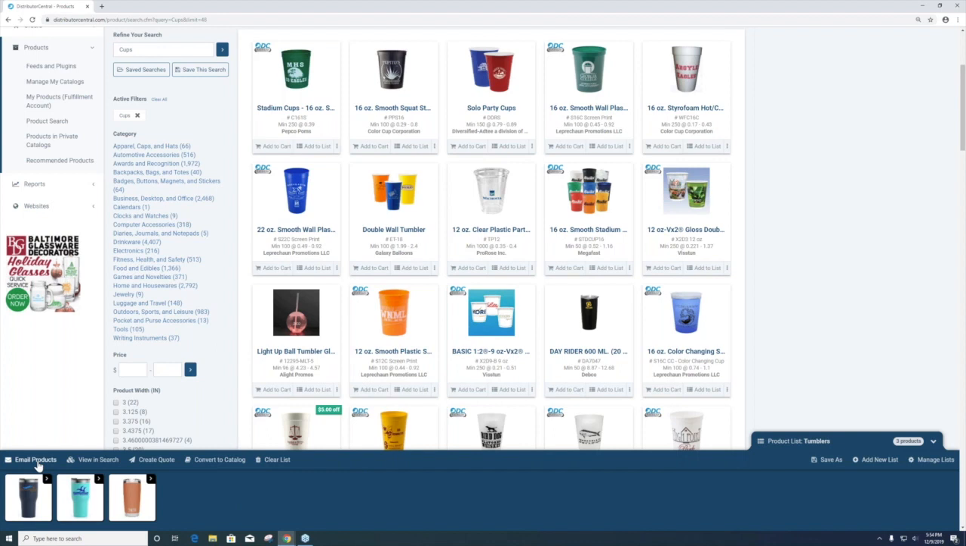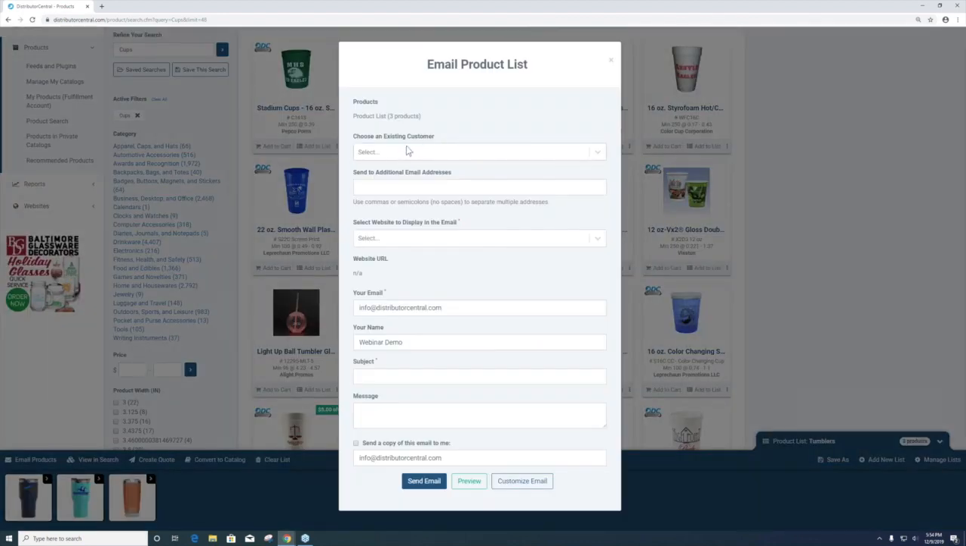So if I go to email products, I can pick from choosing an existing customer, which would be from your CRM list. So any customers you've created, or if they placed orders on your website and they've created an account, you can send it to that customer. If not, just enter in their email address. So for instance, I'm just going to do info@distributorcentral.com. If I have a website created within Distributor Central, I can pick that website to use to display. Put my subject in there, a message,